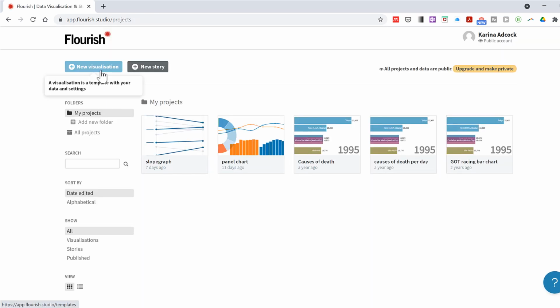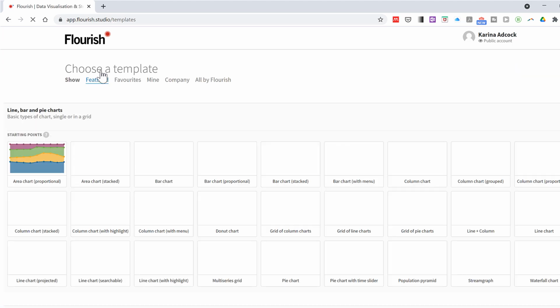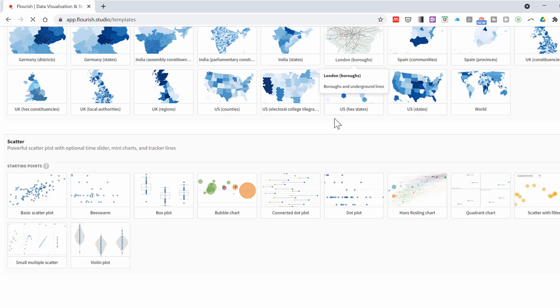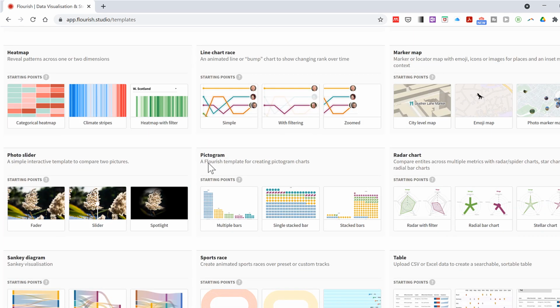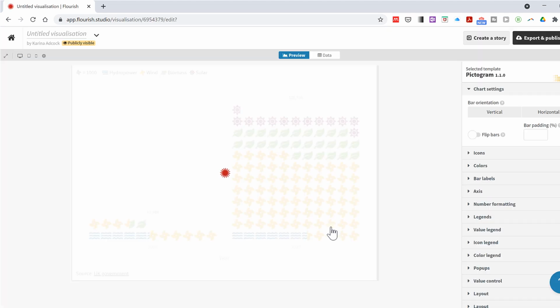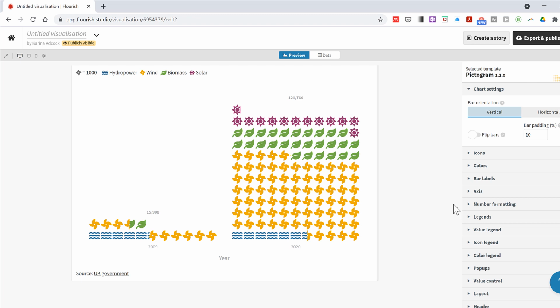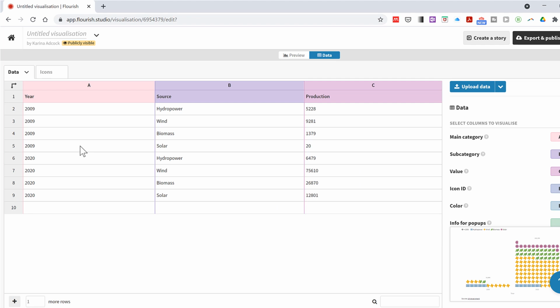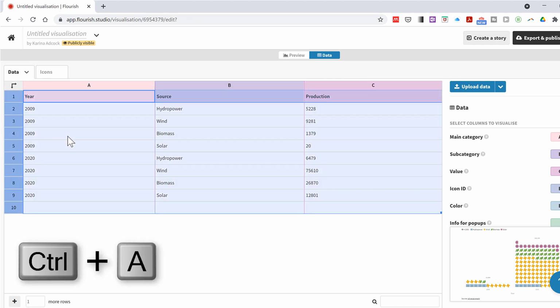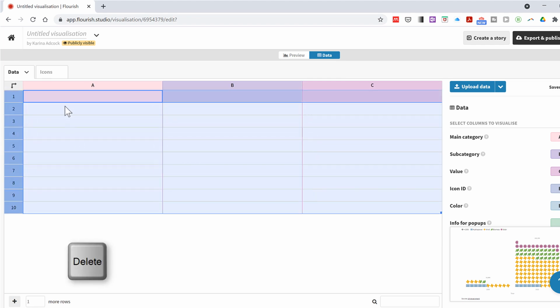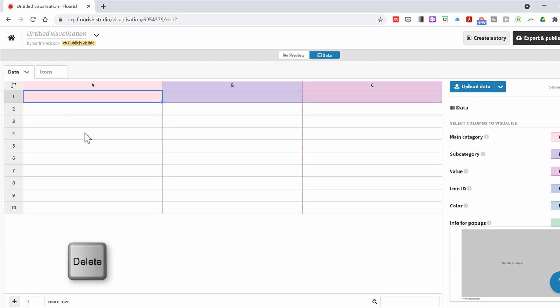Then go to New Visualization and scroll down until you find the pictogram and then select Stacked Bars. This is the template data that it comes with. I'll switch to the Data tab and then press Ctrl A to select all and delete to get rid of all of the data. Then we need to put in new data, so I'll open up a new tab and